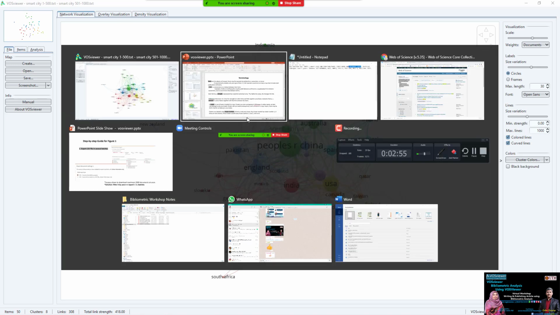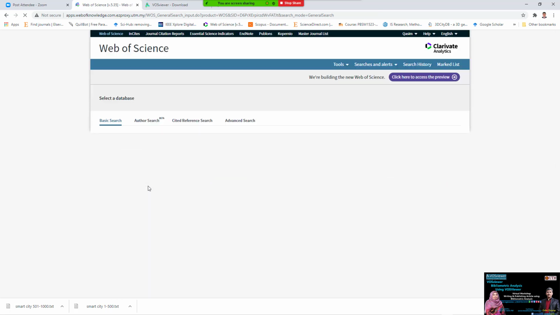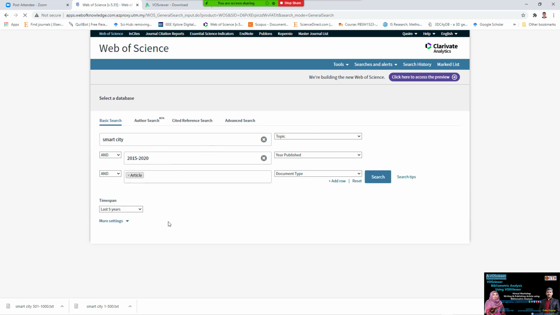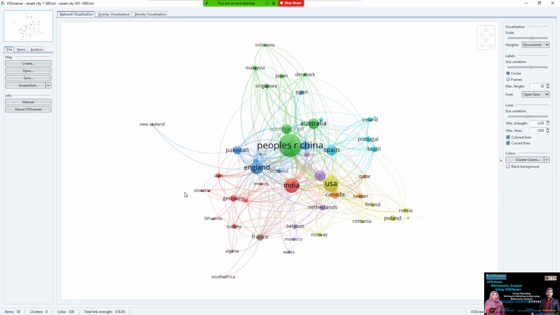If you come back to the Web of Science, this is the Web of Science. If you go to the research, we see this is our research. This is our query to search for smart city, topic, 2050-20, article, and find for me this number of articles, and I analyze it with the bibliometric analysis. I see that China has a high score for